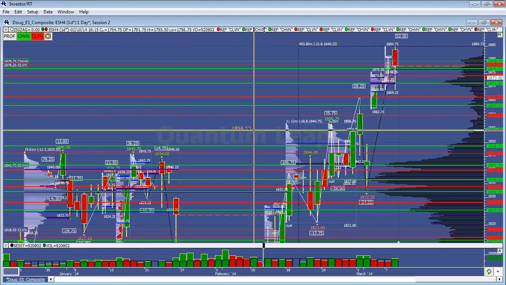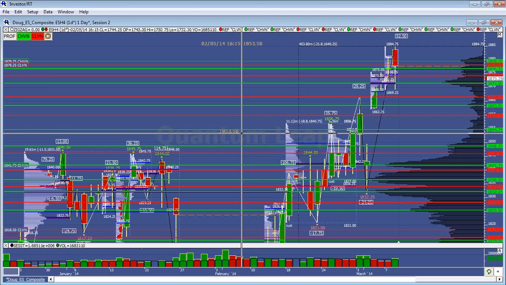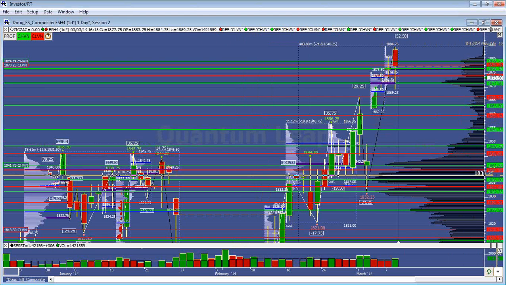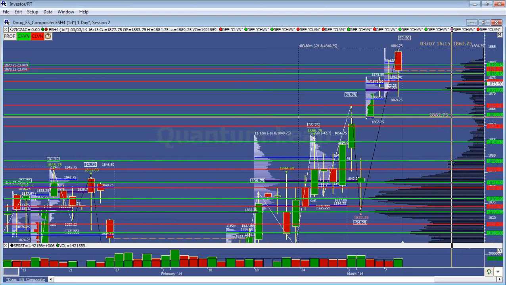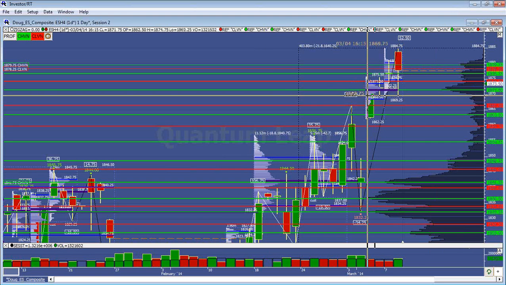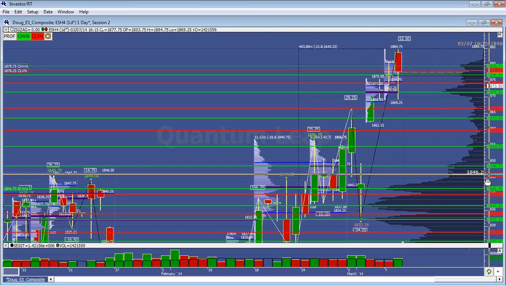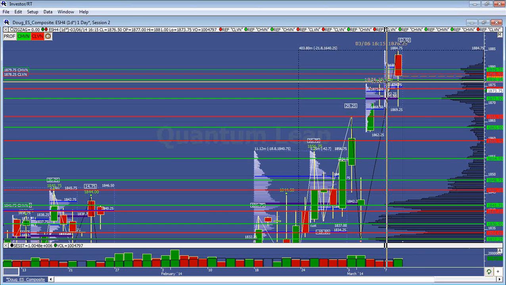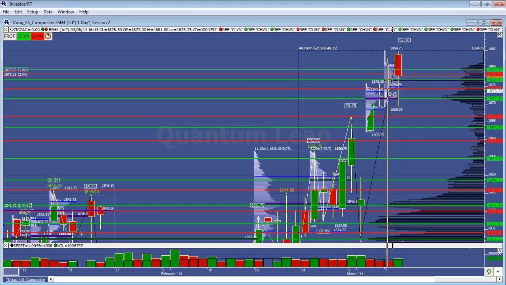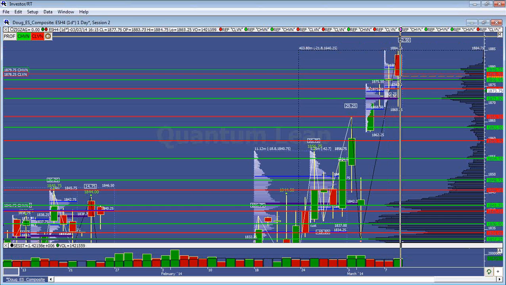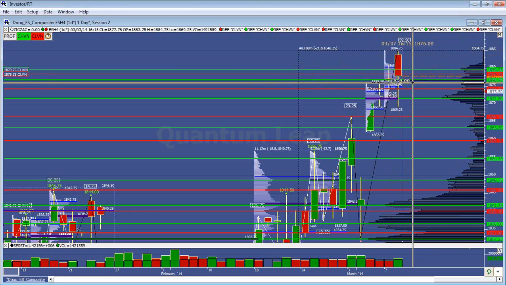We went in, we made the new high. We were talking about how that 56.75 was a weak high and that we'd likely break it. And so we come up here, we found balance for 2 days up around 1871.50, and then went up, accepted value higher, made the new high, and then we made the new high in Globex. We've been seeing a lot of this. The Globex and the all-time high was put in on the Globex, and now we are finding balance around this 1876.